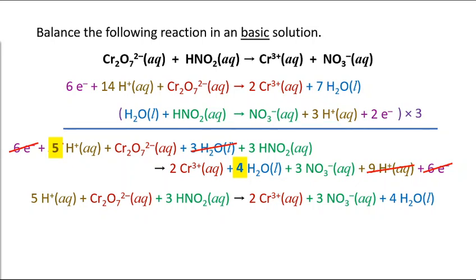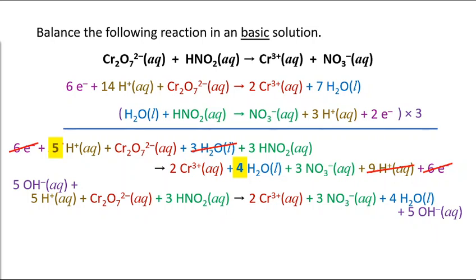And so the way that we convert this from an acidic solution to a basic solution is, for every H plus that you have, and again, you need to do the acidic solution steps first before you can do the basic solution, as soon as you've created the acidic solution balanced reaction, you're going to add 1 OH minus for every H plus that exists. But please note, you do this to both sides. The reason for it is that you have plenty of OHs floating around in base. And so for every H plus that you have in your acidic balanced equation, you're going to add 1 OH minus on both sides. Please notice here, they're in purple, added to the reactant side as well as the product